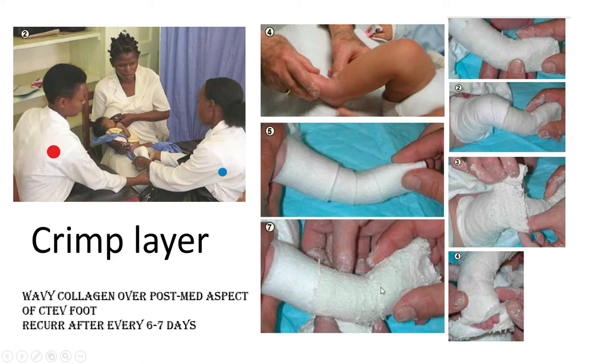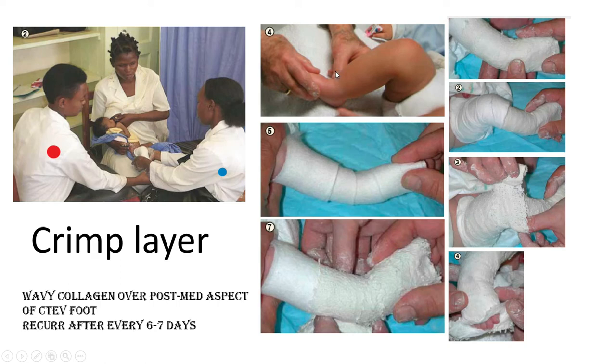So again I repeat, before doing any plaster, for every sitting 2 to 3 minutes of manipulation is mandatory. How to do the manipulation? We will put the thumb over the talar head, and we will hold the first metatarsal with two hands, and we will correct the talar head along with the first metatarsal drop. And how much pressure we will give will be governed by the pressure we are giving.